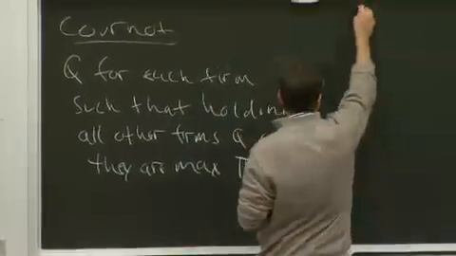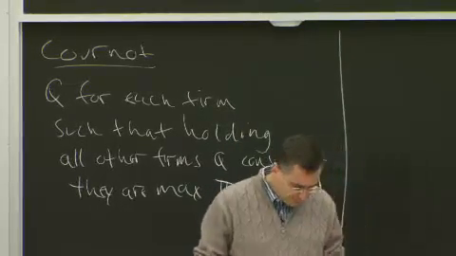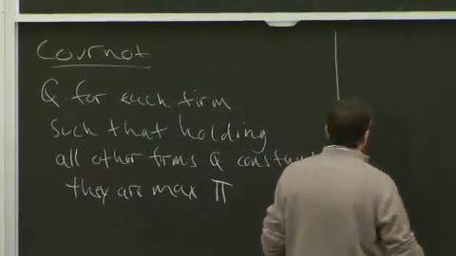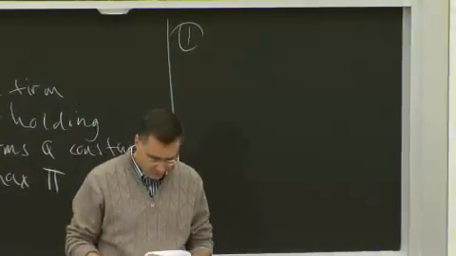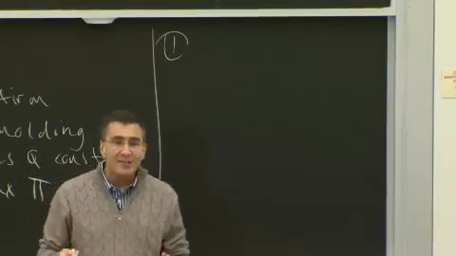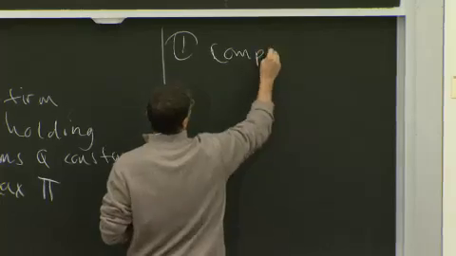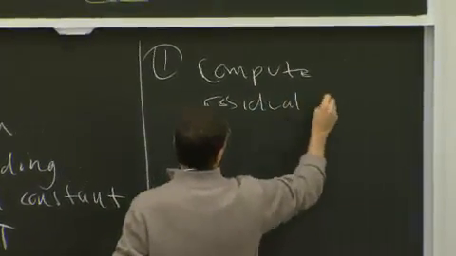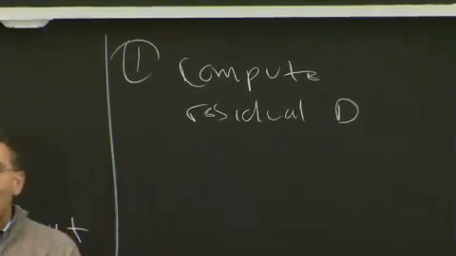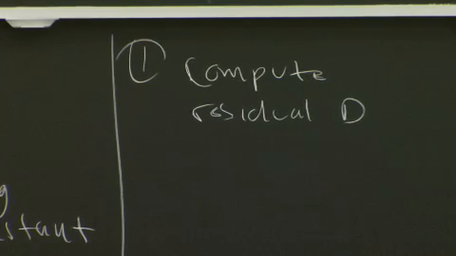Okay? How do you actually solve for a Cournot equilibrium? The first step is, basically, what are the steps to solving? Step 1 for solving a Cournot equilibrium is to create each firm's residual demand. So compute residual demand. We talked about residual demand curves earlier, which is the demand for my firm given the quantity absorbed by other firms in the market.